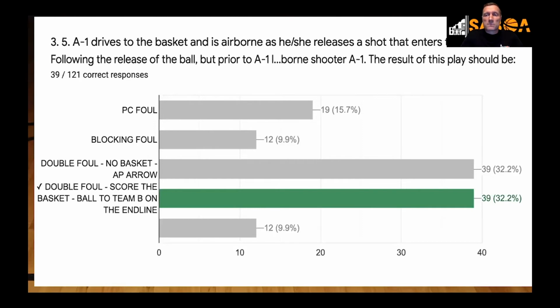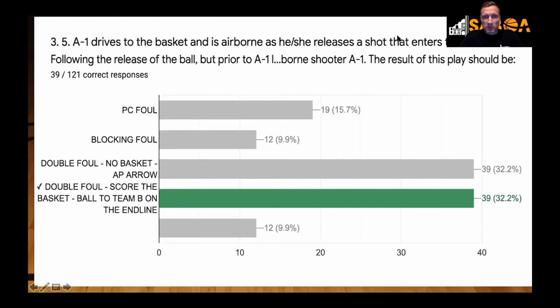It's a double foul. Make sure you pregame them. Make sure you're talking about every referee hold. We used to talk about outside referees hold. Every referee, even if it's a secondary defender in the paint, it's lead's primary. Make sure that you are holding as well to then avoid these. Have a preliminary signal, hold, communicate, and it will avoid all this stuff. Because as you can see, we don't know how to really get out of these situations based on our answers. So let's try to avoid them, but also get in your rule book so you know how to adjudicate these rules correctly. Any questions on that one?